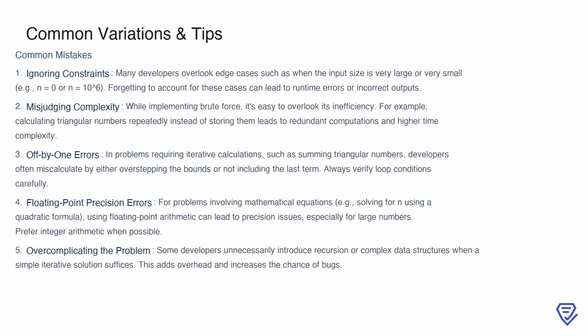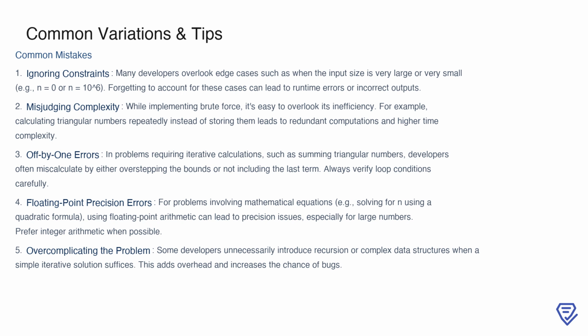When tackling this problem, there are several common mistakes to watch out for. First, ignoring constraints can lead to issues, especially with edge cases like very small or very large input values. Consider scenarios such as n equals 0 or n equals 10 to the power of 6. Forgetting these can result in runtime errors or incorrect outputs. Another frequent mistake is misjudging complexity. For instance, repeatedly calculating triangular numbers with brute force instead of storing them can lead to redundant computations, which unnecessarily